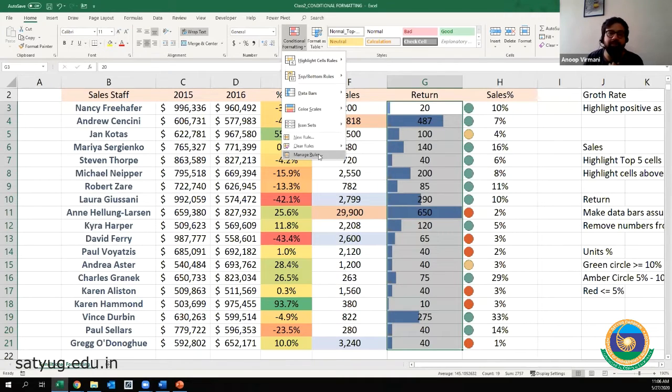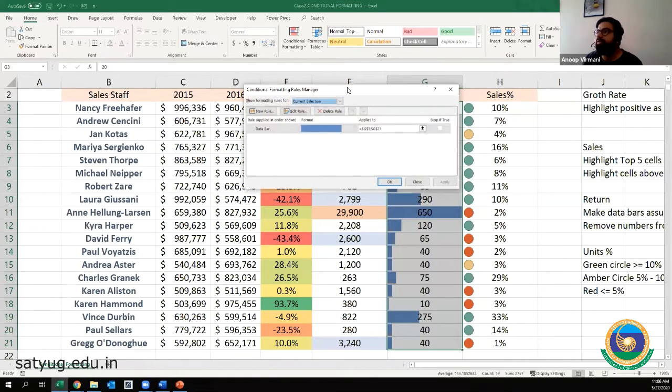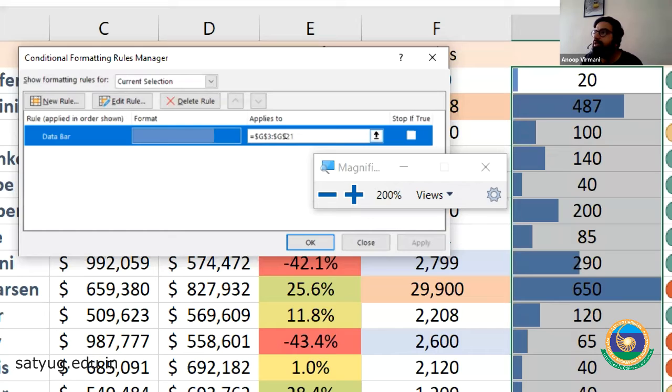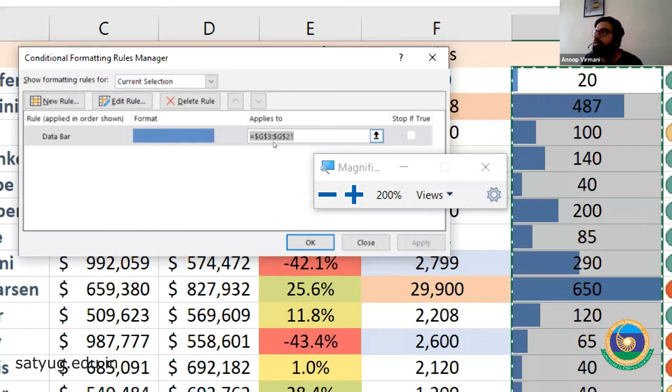But when we need to step in and check that no, this is not as per my requirement, I go to manage rules. So in manage rules, we see this rule of data bar, and also always and always check, is it applying to the correct range that we have, like G3 to G21, right?